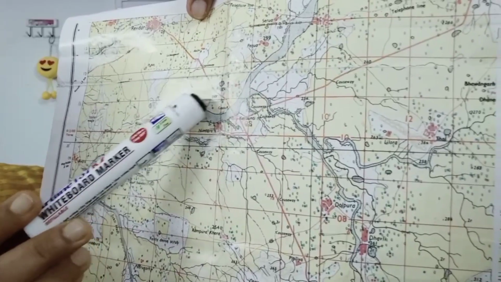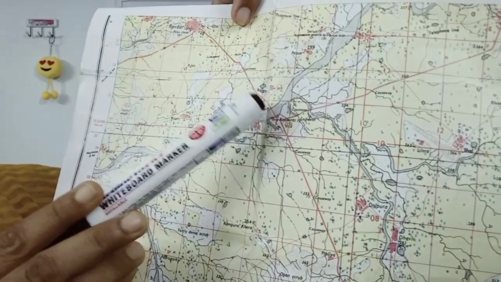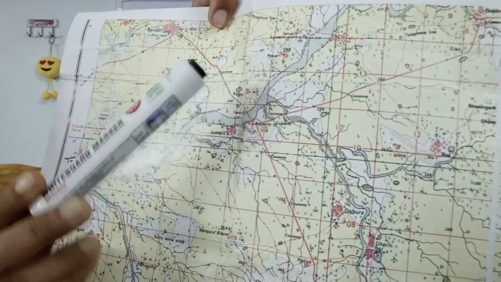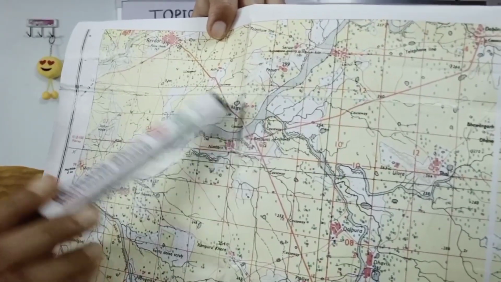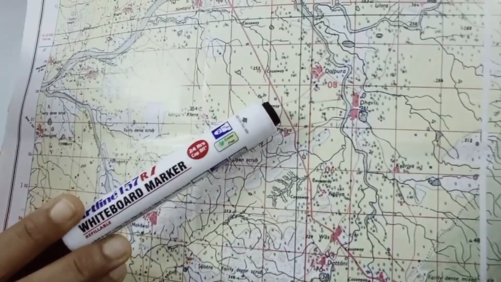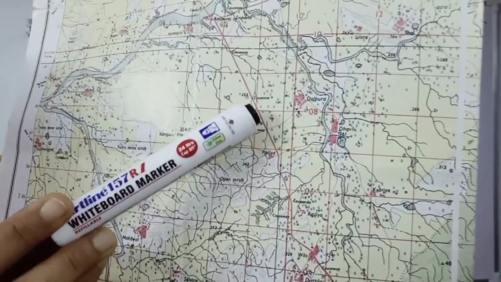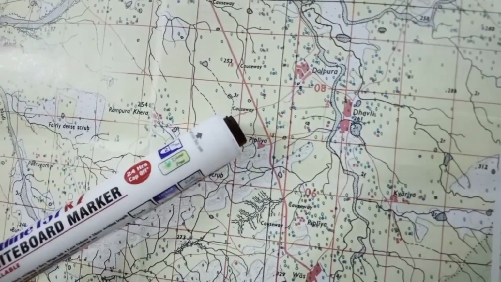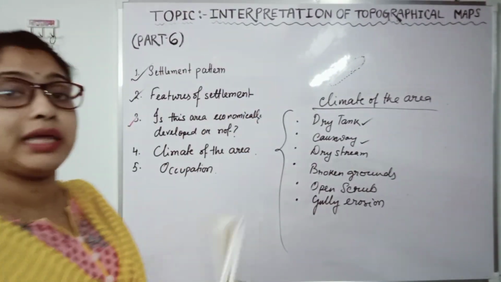Basically here is a dry stream, and over that is the motorable road. This motorable road will be usable in the dry season when there will be no water in the stream. But in the rainy season, when there will be water in the stream, it will not be in use. So the causeway will be written this way. Here also another causeway you are getting to see, a motorable track, and here is also a dry stream. Over that, at this red color, that also is a motorable causeway given. This kind of different features you can see in the topo map.